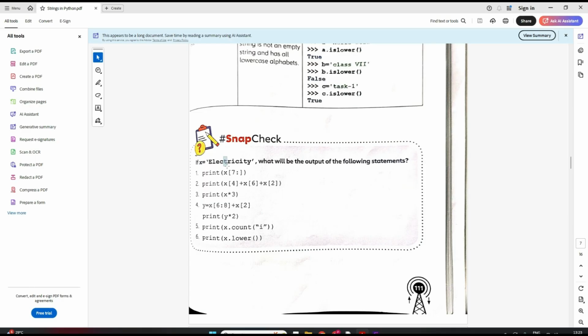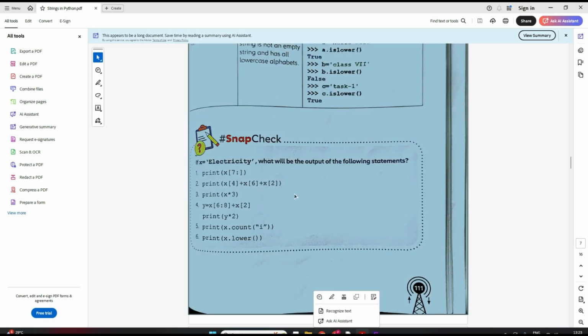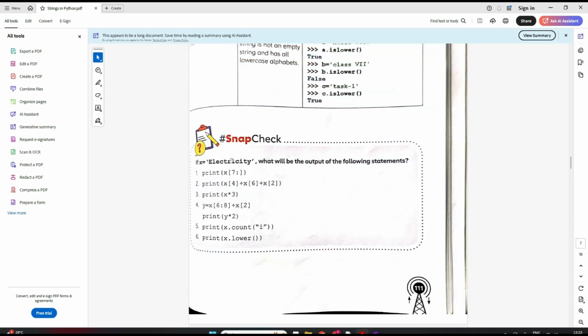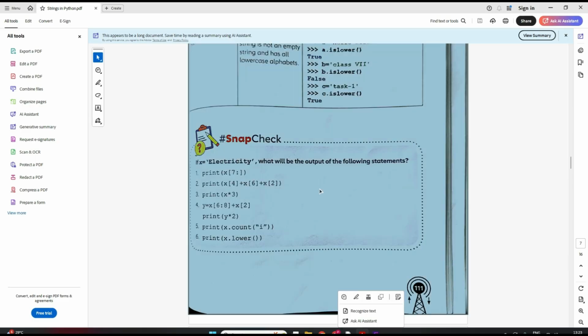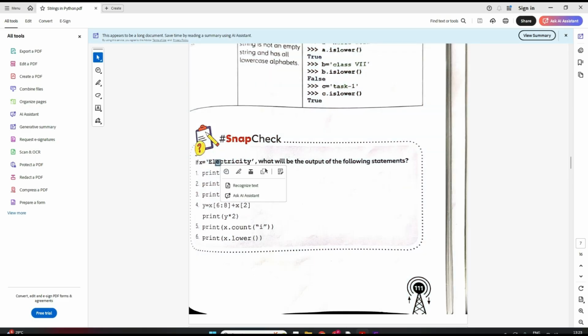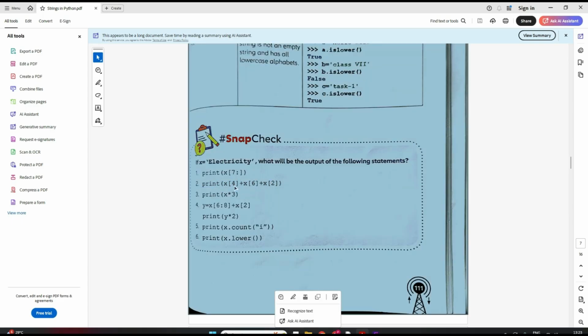That is T. Then x[6] is your I, and x[2] is your E. So tie will be printed here. Clear? We are just concatenating.